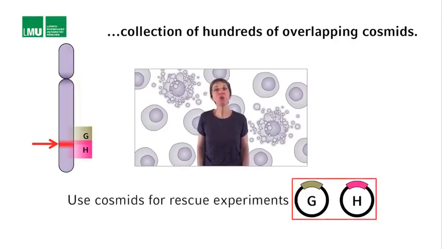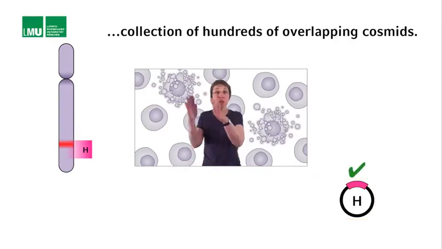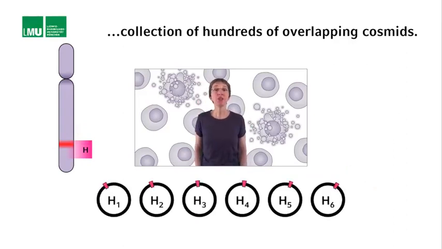These cosmids were then used for rescue experiments. Basically, they were injected into the gonads of the mutant of interest, either singly or in pools, to generate transgenic lines carrying these cosmids on extrachromosomal arrays, and to identify the cosmid that was able to rescue the mutant phenotype. And rescue meant that the transgenic animals no longer exhibited the mutant phenotype, but now instead were wild type again. Once a cosmid was identified, subclones of this cosmid were generated containing shorter and shorter DNA fragments to identify the minimal rescuing fragment,